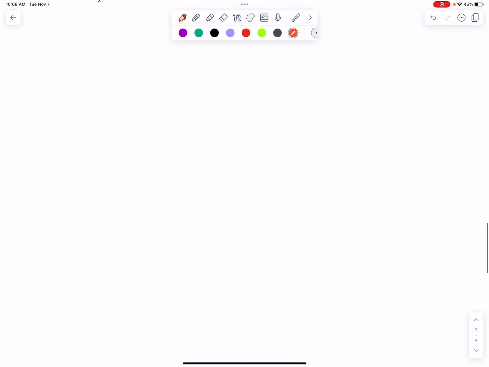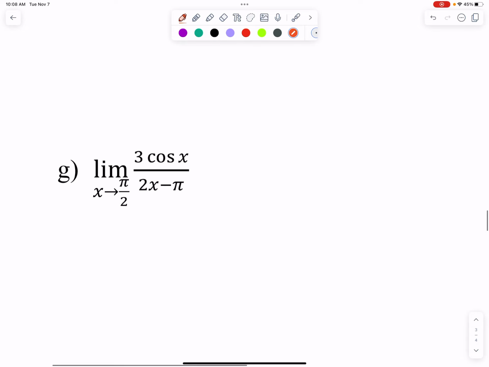This is our last one. I think this is our last one. So again, you can pause it if you want to try it on your own. We'd run into 0 over 0 because cosine of pi over 2 is 0. So trying L'Hopital,